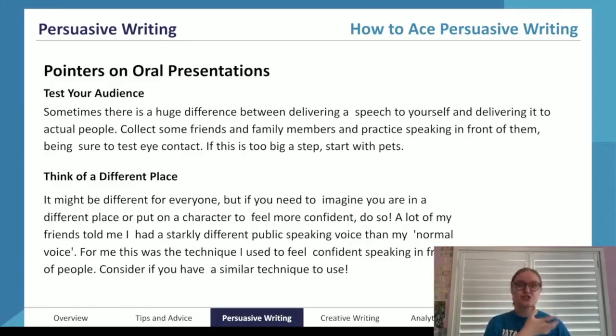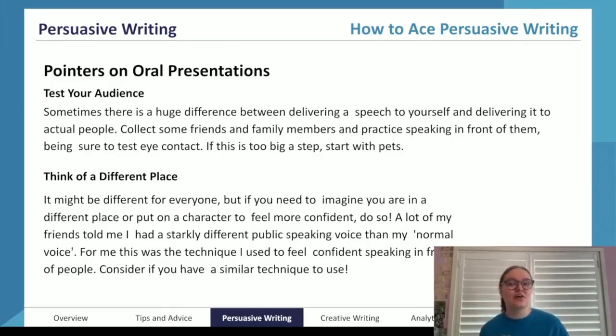This is something that teachers will really always look for, and you'll definitely be marked for maintaining eye contact as well. So be looking and having someone in the audience that you can look at and refer to. If you can, try and make eye contact with the teacher. That will definitely emphasize to them that you know what you're doing, that you're feeling cool, calm, and confident up there, even if you're not.